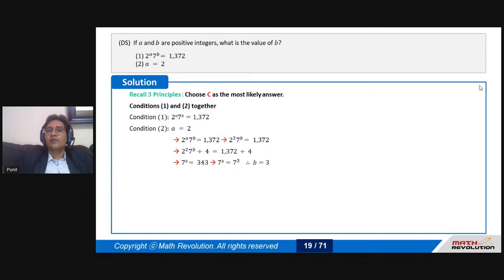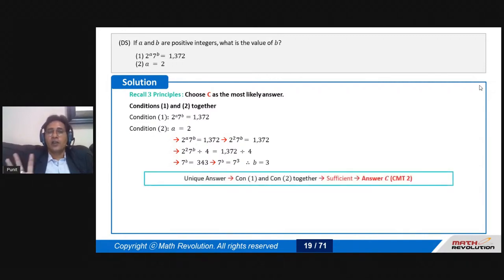I'll divide both the sides by 4. So, I'll be left with 7 to the power b is equal to 343. 343 itself is a power of 7, so I can write it as 7 cubed. So b ends up at 3. So now what I got here is that my answer is C, because when I combined both the situations,